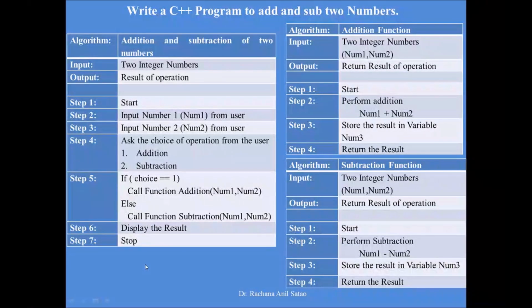This is the way you can write multiple algorithms for multiple functions in the same code: one algorithm for the main function and other algorithms as per the requirement of the code and the number of functions we have in the code. I hope this will help you to write algorithms for the various programs you are writing.